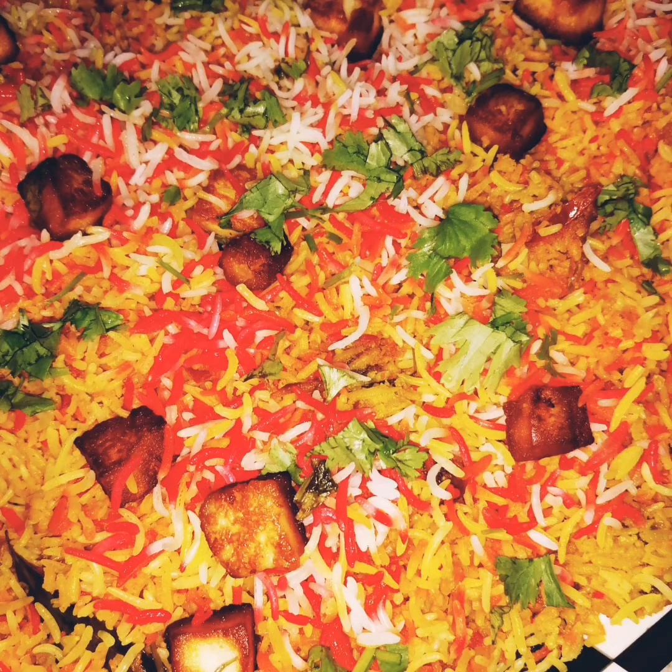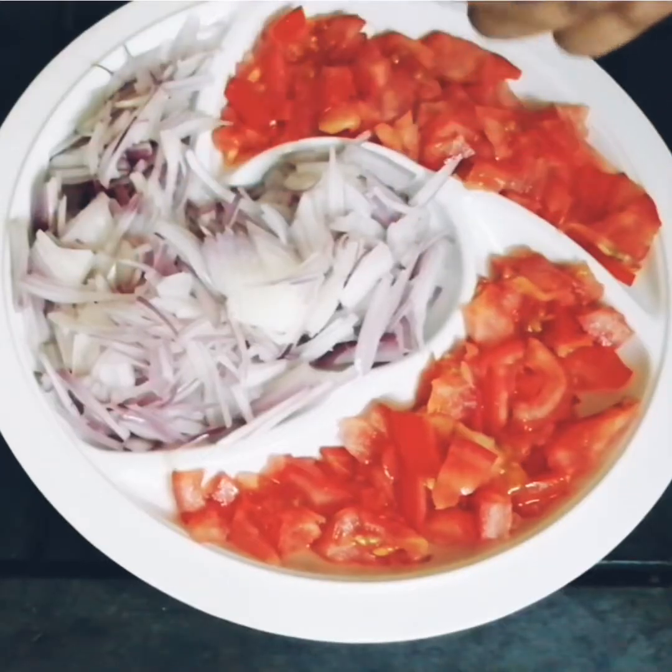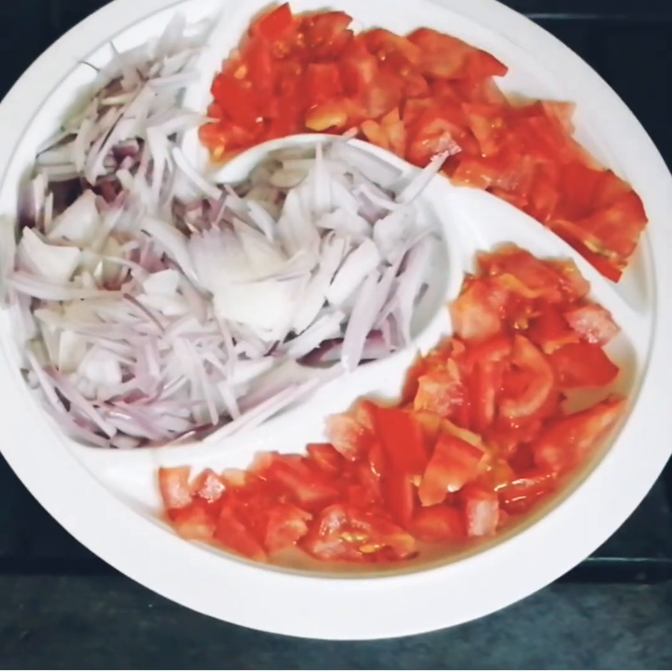Today I'm going to make Paneer Tikka Biryani. Let's first check out the ingredients. We need 3 onions, 2 tomatoes,